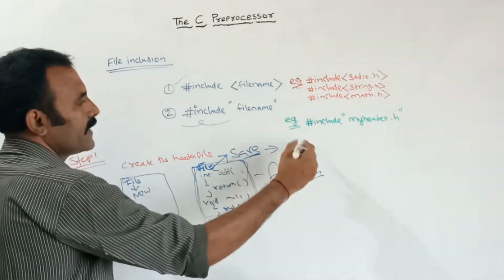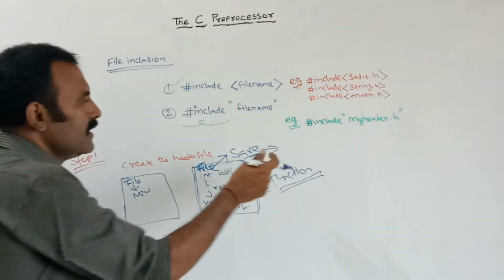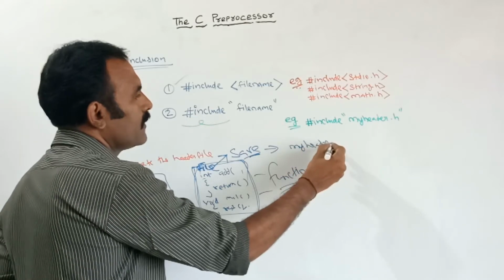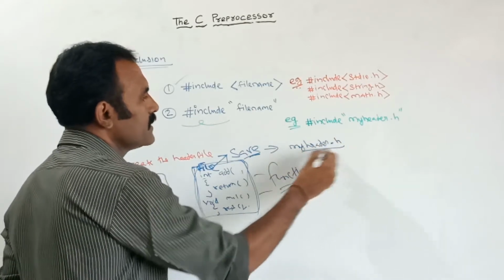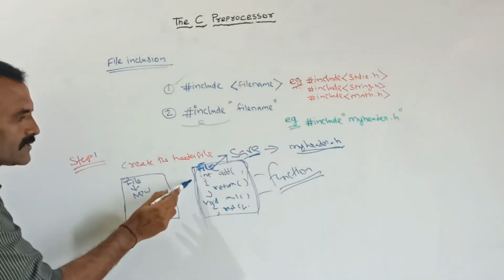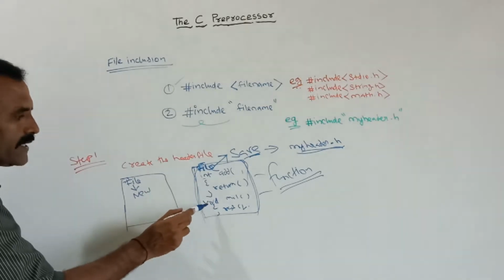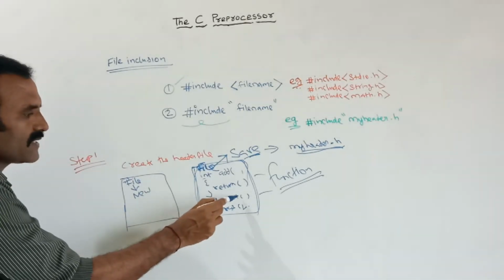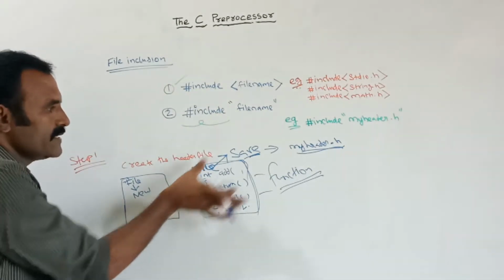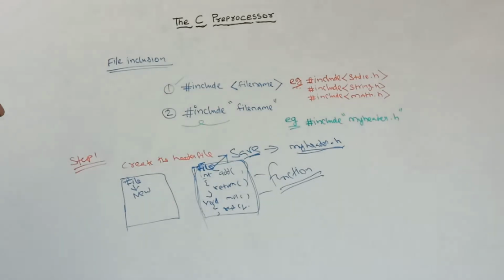After that the dialog box will come. There you save this code as my header.h. See, this header file name is my header.h. This header file contains totally two functions. The first function is add, and for multiplication I give the function name mul. So these two functions are inside myheader.h, and after that you close the file.